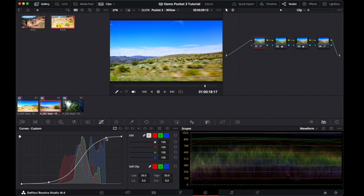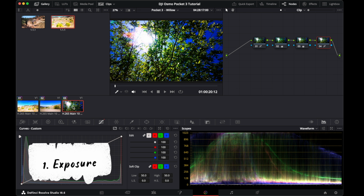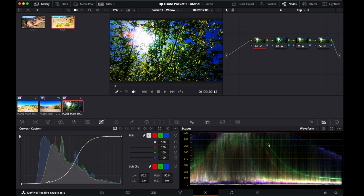All right, let's see what our third clip looks like. Ooh, very contrasty. Quite the opposite. So in the same way, it's gonna be our first node, exposure, because it's just so contrasty like that. Again, we got our waveform. As you look here, it's clipping. You can see that intense white at the top. You can bring that down,